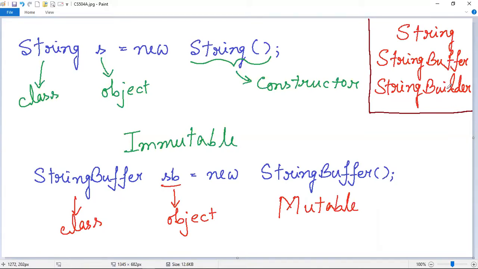So these are the three classes using which you can create user defined string objects in Java. And as I have already told, Java treats everything as an object, that's why string is also an object in Java. It is not a simple character array unlike C or C++ programming languages.